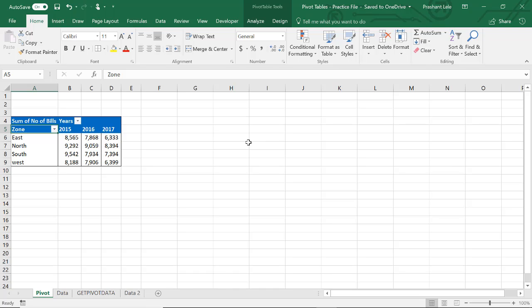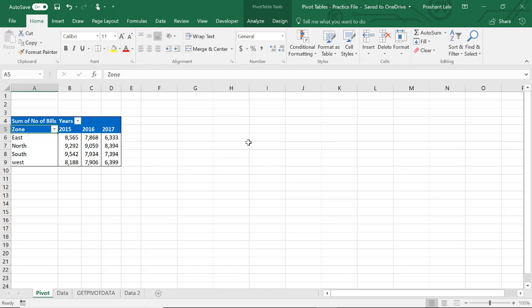Pivot table charts. In this video, we will see how to create pivot table charts. Pivot charts are nothing but normal charts which you normally prepare, but they are linked with your pivot tables. The changes made to pivot tables reflect in your charts, and it is very helpful to use pivot charts in case you have big data.